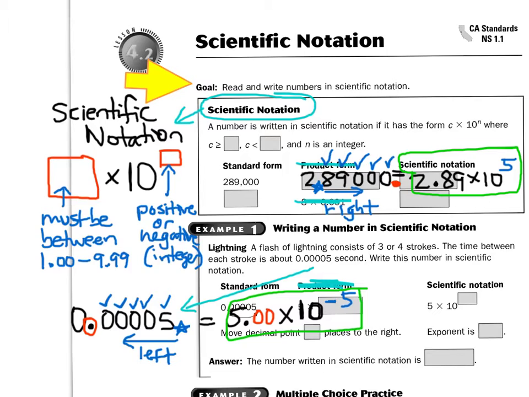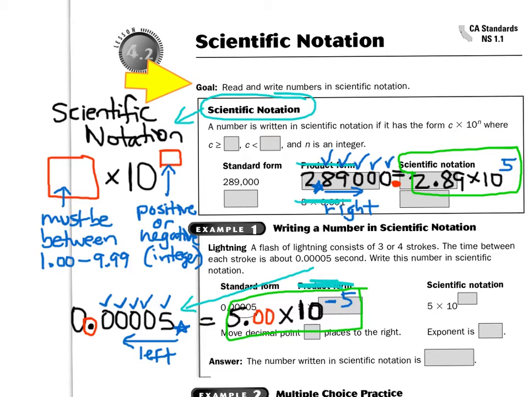Okay, now this second number right here, we always put the first number and then we put a times symbol and then we put the number 10 and then we give 10 a power, okay, an exponent. And this power can be a positive or negative integer. It's a whole complete number and it's either positive or negative. All right, so let's do one of these together. Take a look here,